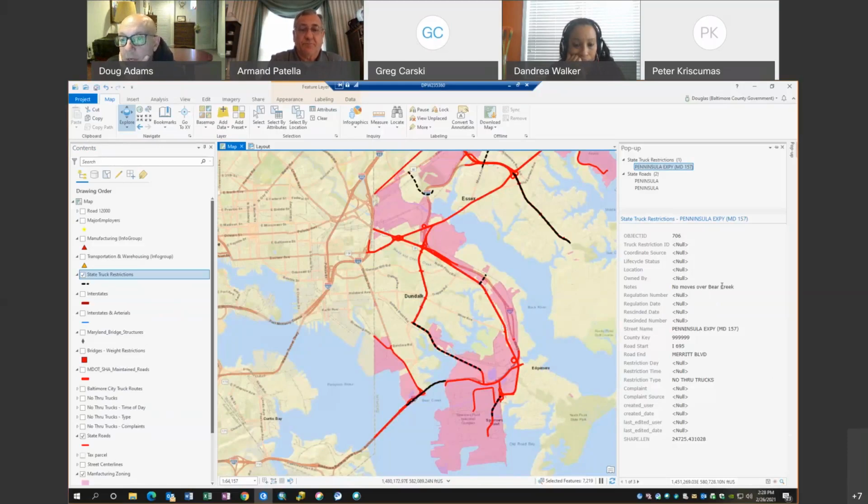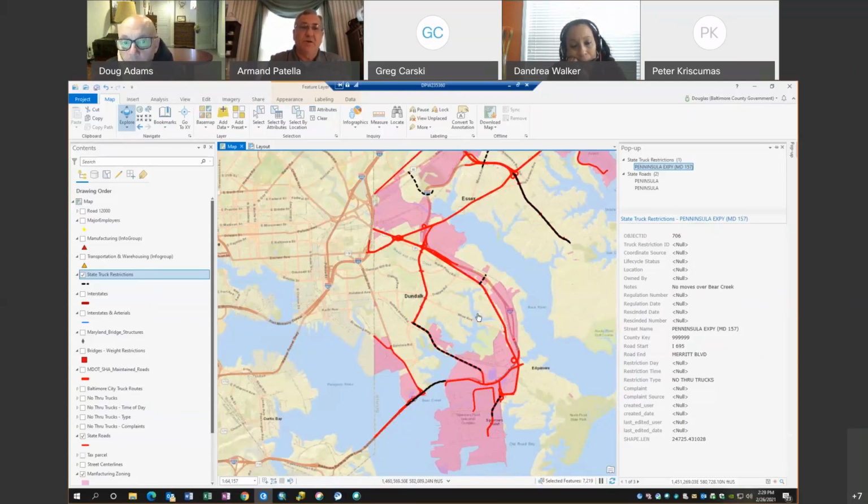The note that I've got in my data says no moves over Bear Creek. And so I don't know if that's a weight restriction or what it is, but I'd have to bring up the source material that I use from the state to generate this. Okay. No, well, I appreciate the offer. We'll check it out. Sure. Yeah, I wasn't aware of a weight restriction over the bridge, but I don't know. I was gonna say the exact same thing, but that's a T route rather than using Wise Avenue, which is a parallel route there. So Peninsula is huge. Keep that as a truck route.